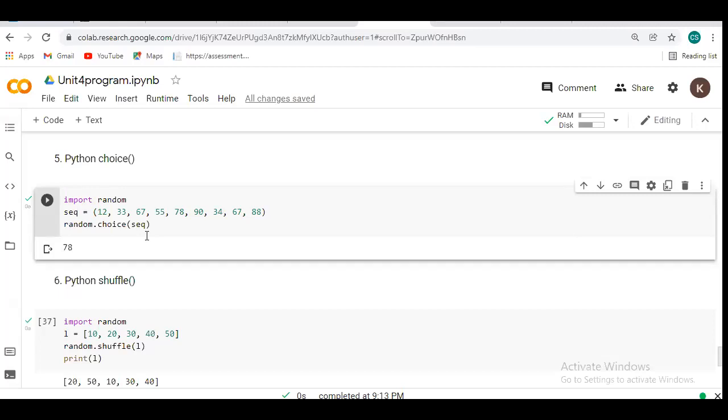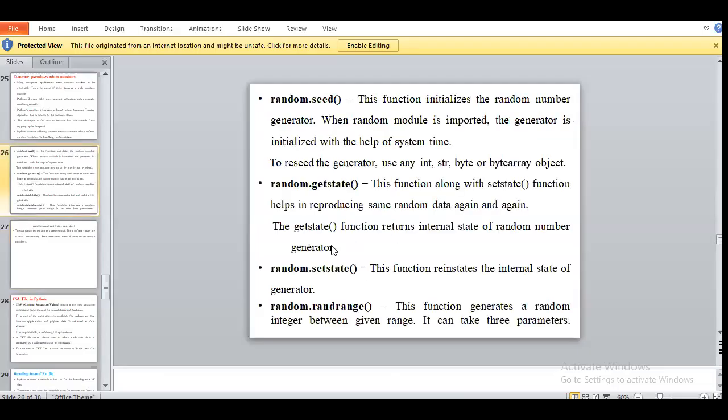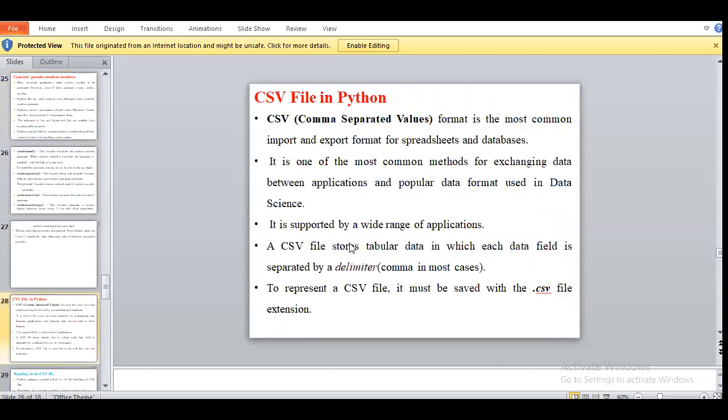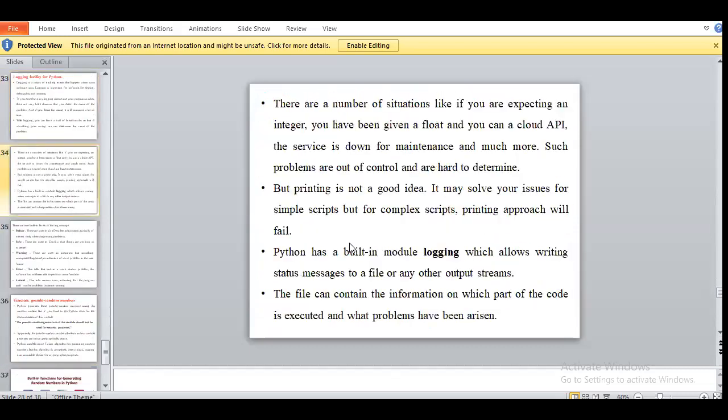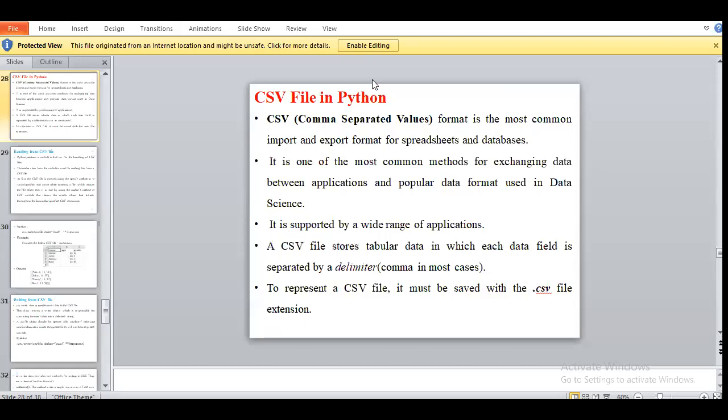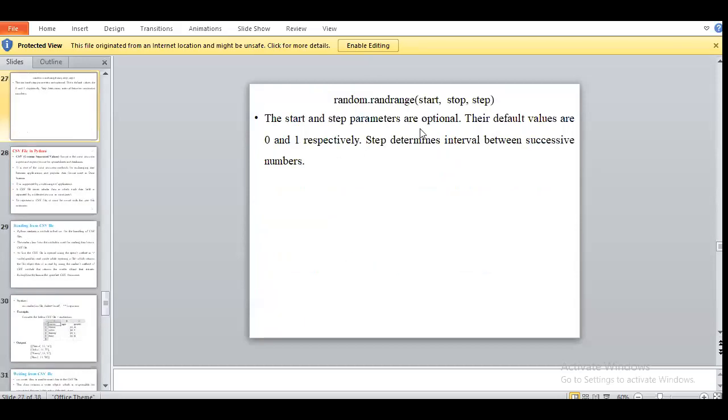Okay, so is there any doubt regarding this pseudocode random generator program? Any doubt? All of you, no, done with the program? Yes, ma'am. Okay, so in the next lecture we will see the one remaining point for our chapter, that is the CSV file in Python. So today we will stop here. If you have any doubt, you have to ask me.